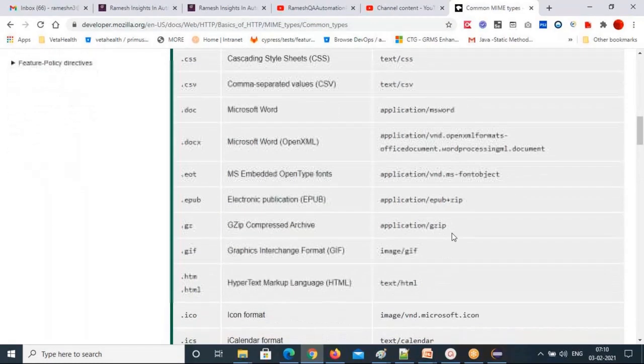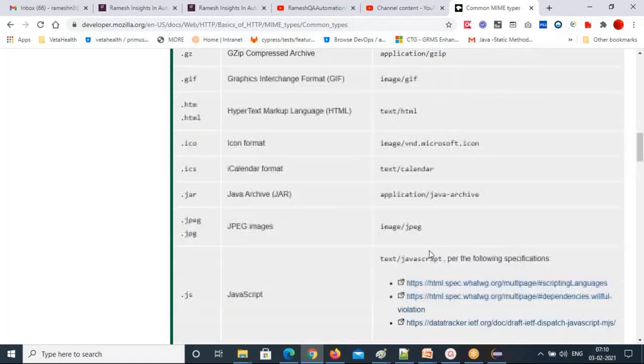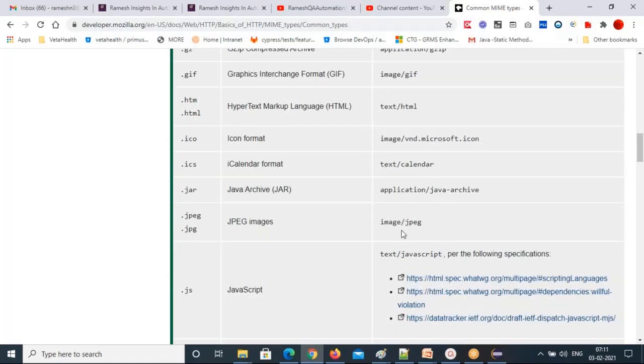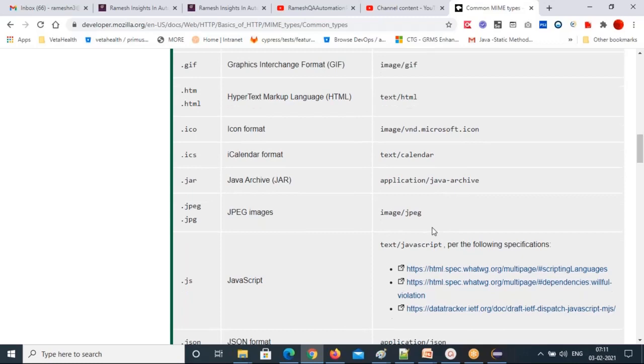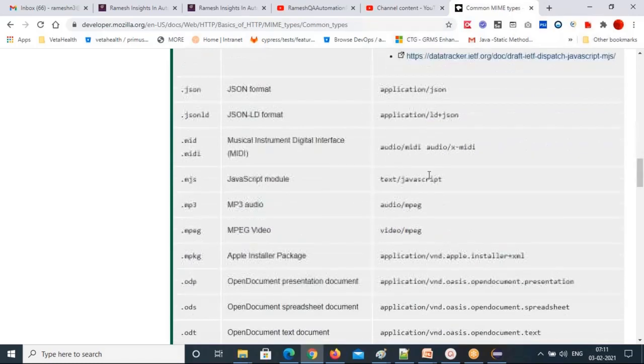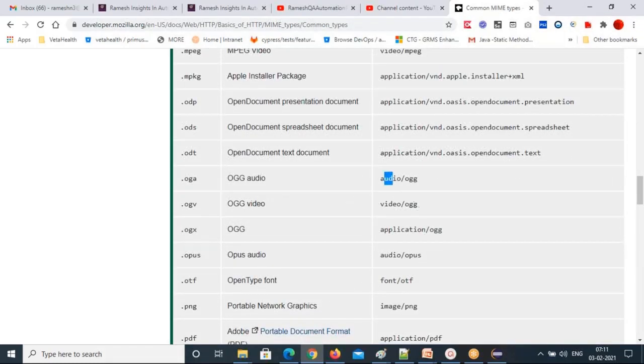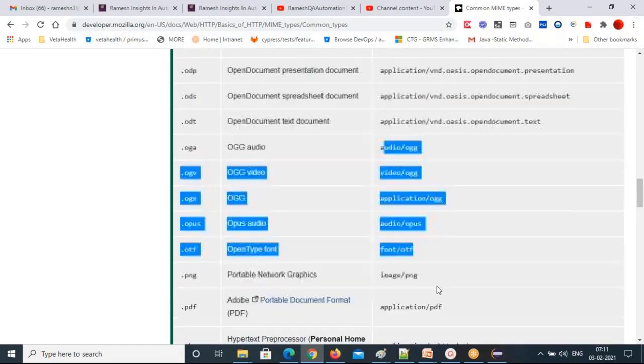And then we have a zip file, HTML file, text/html, calendar, iCalendar format, and images, image/jpeg, and application/json, text/javascript. So there are different types of MIME types, and you can use these MIME types.